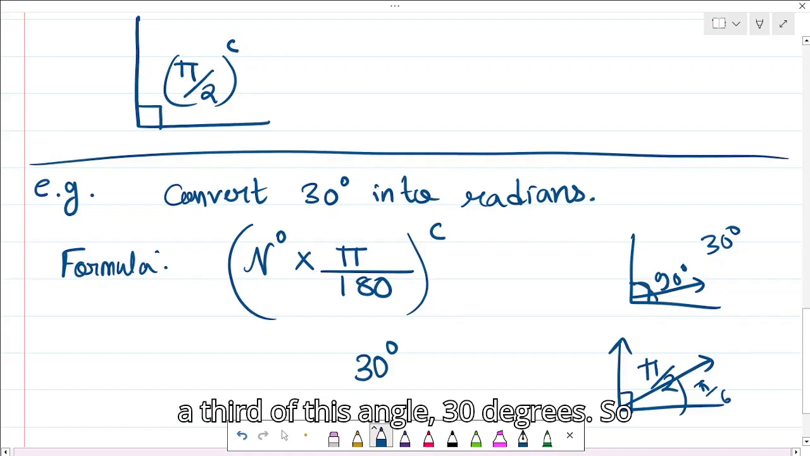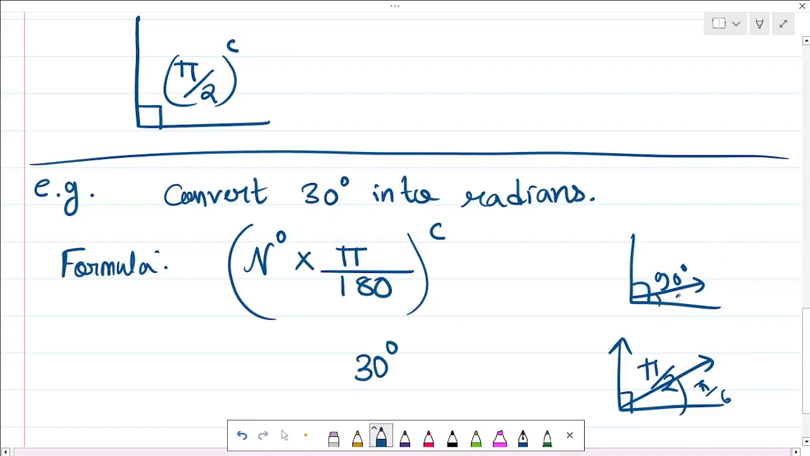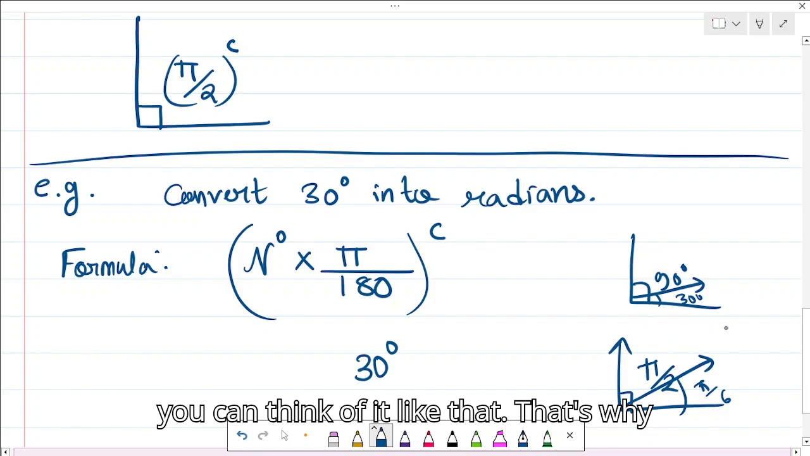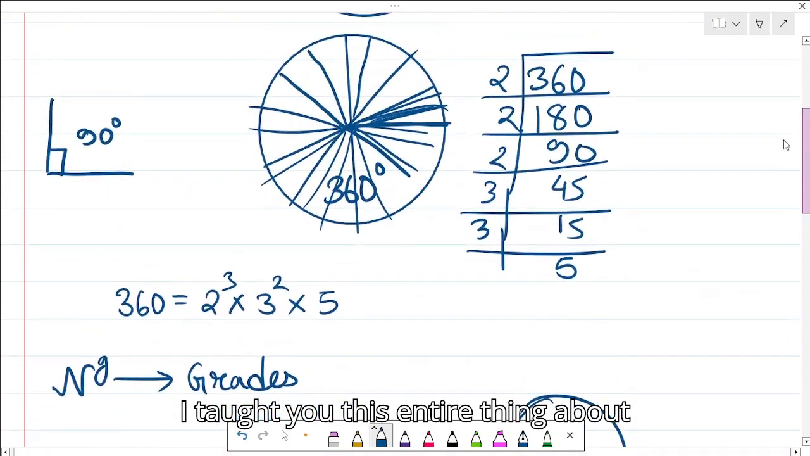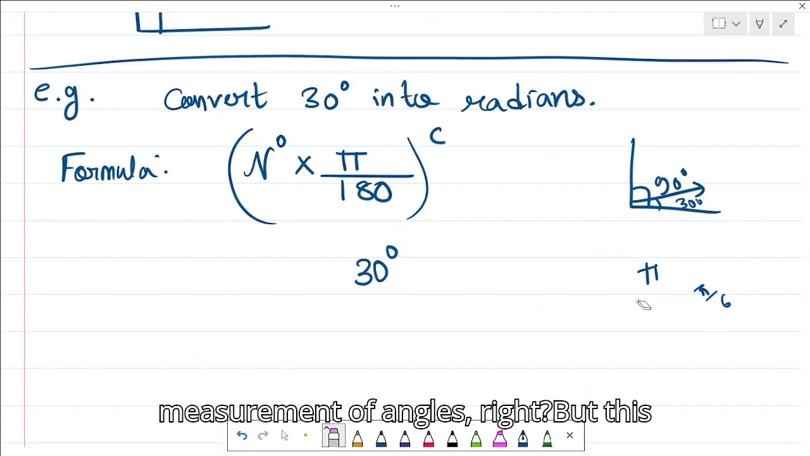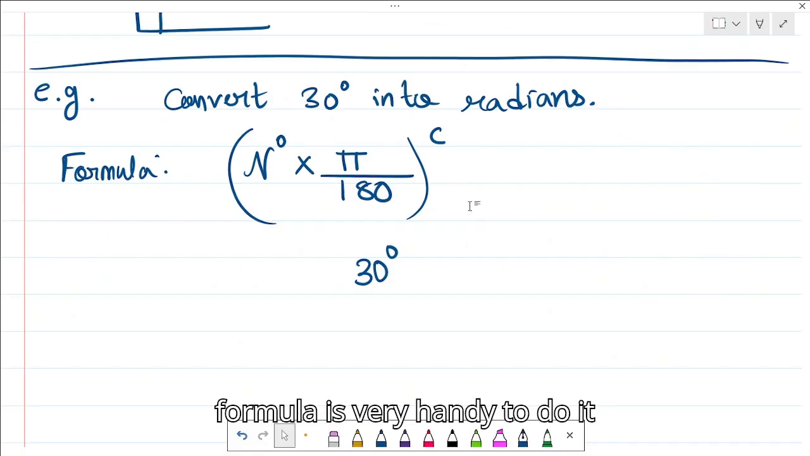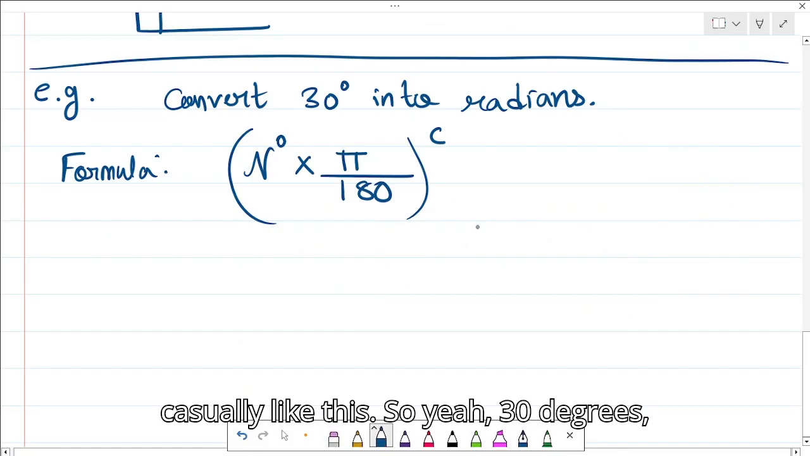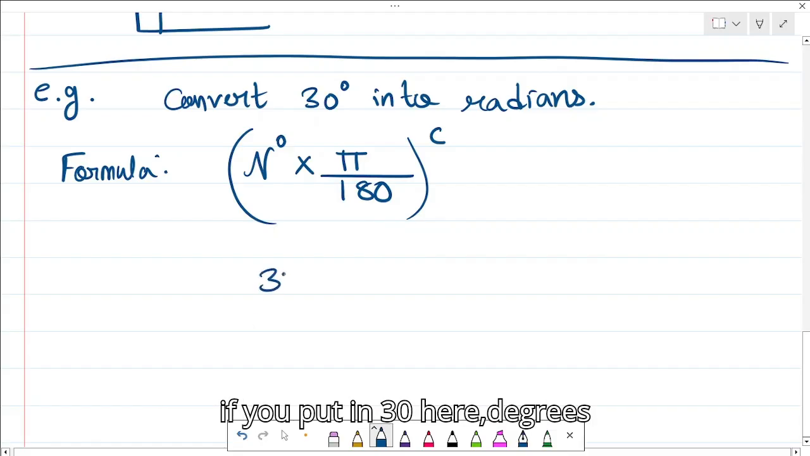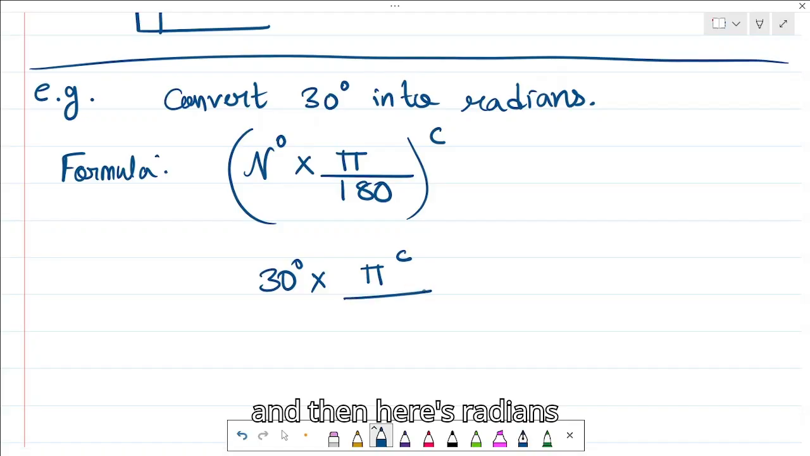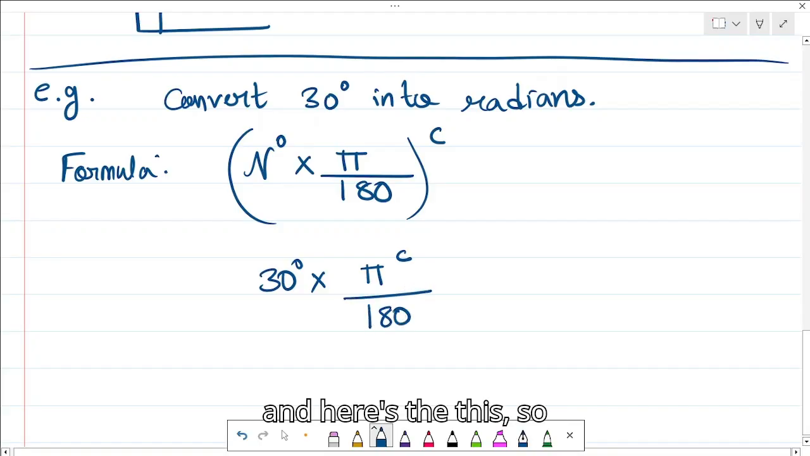That's just a third of this angle, 30 degrees. So you think of it like that. But that's why I taught you this entire thing about measurement of angles, right? But this formula is very handy to do it casually like this. So yeah, 30 degrees, if you put in 30 here, degrees, and then here's radians, and here's the